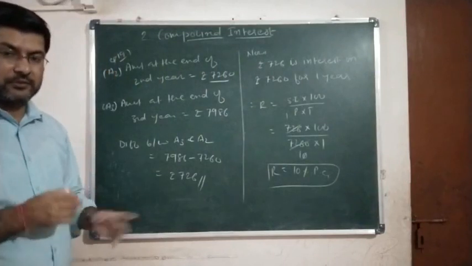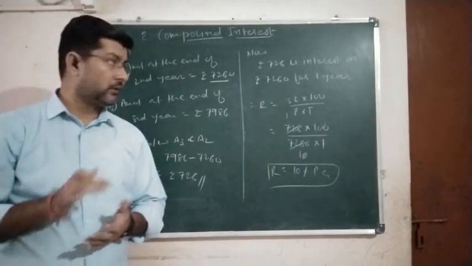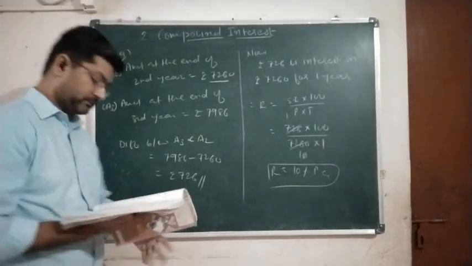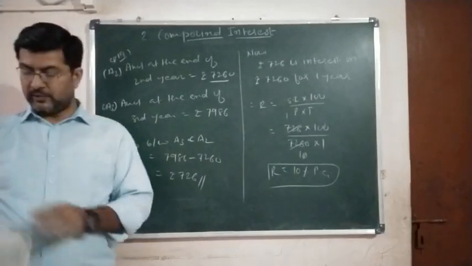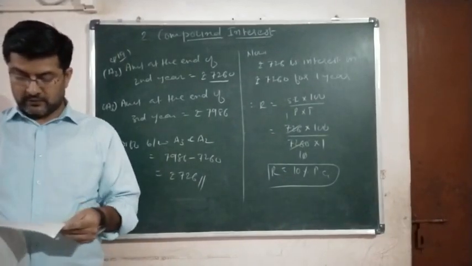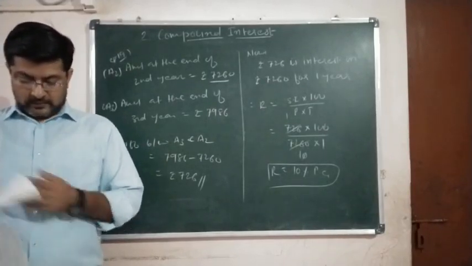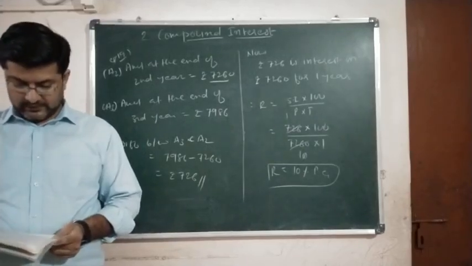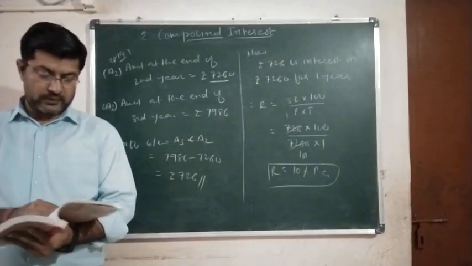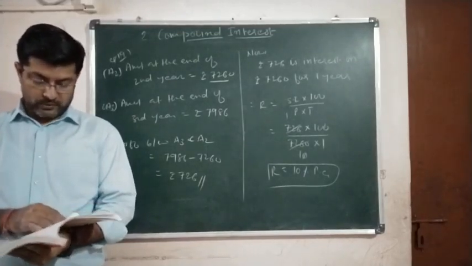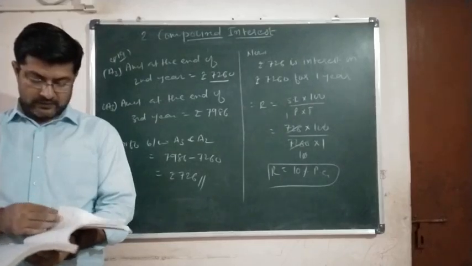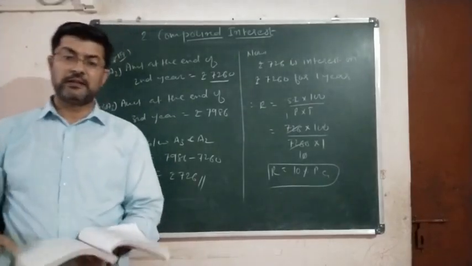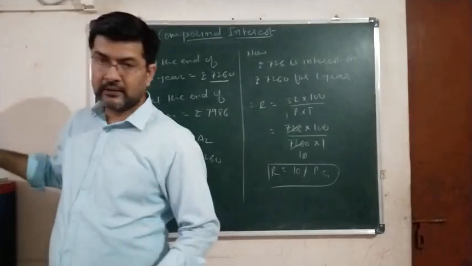Clear? So this is an important question, and I hope you have understood this. Even if you have a query, then you can ask me. I will once again explain. Clear? So question number 19 is over, and with this exercise 2B is also over. Now in the next class we will see certain formulas for the population growth, population decrease, and for depreciation. Clear? These 2-3 formulas we will see, and then we will start the next exercise. Okay? Thank you very much.